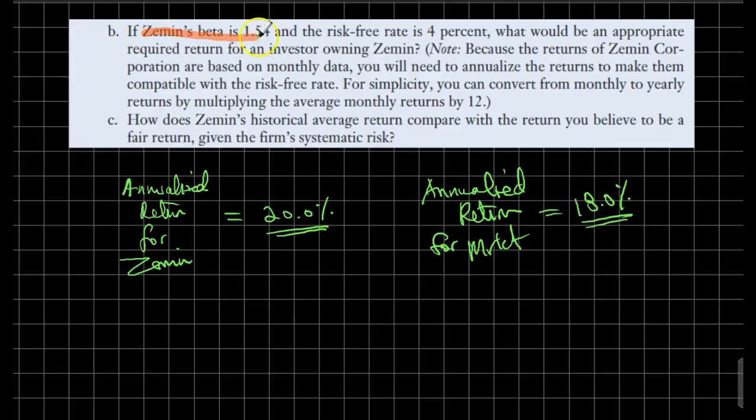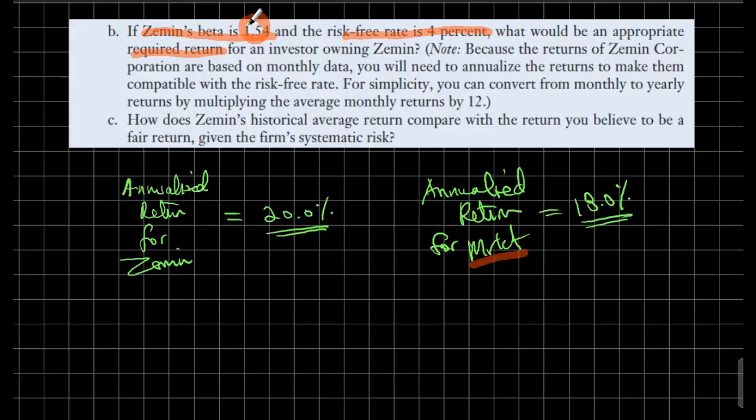It turns out that our company has a 1.54 beta. The market beta is obviously 1, right? The market beta is always 1. The risk-free rate of return is 4%. So this is the rate of return you would earn if you invested in, for example, US Treasury bills. So given that fact, what would have been an appropriate required return for an investor owning Zemin, given this risk profile of